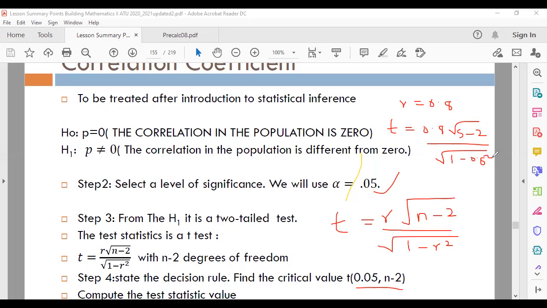Okay, good. Then once we find the calculated value, the next thing is you go to the critical value. Like you read the T table, you go and find the critical value there. So we'll go and read T of 0.025. And then since your N was 5, 5 minus 2 is what? 3. So you go and read T with 0.025 and